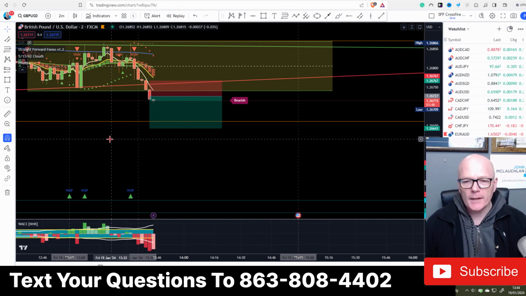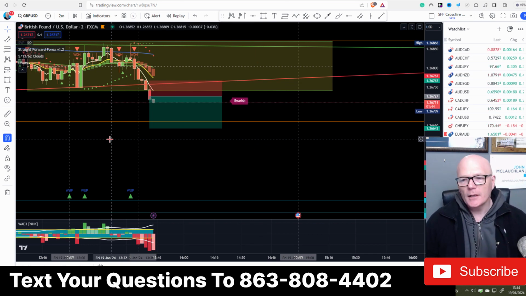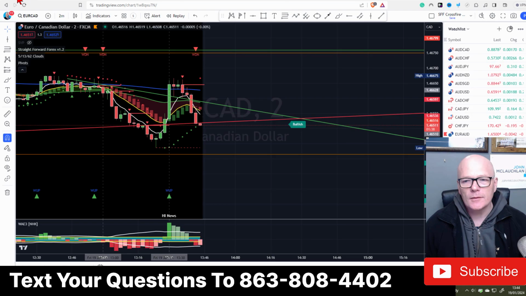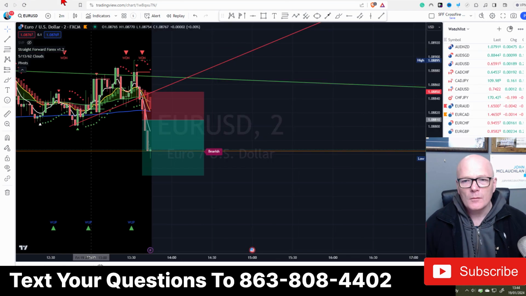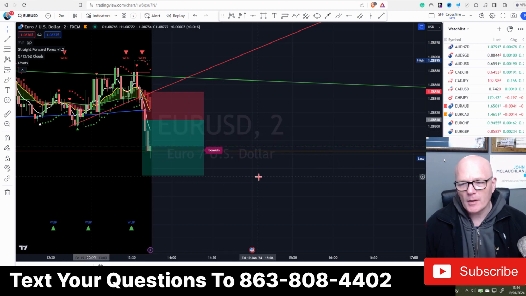And I appreciate the fact that you can alter your lot size to make it relevant for your account, but we still want to be taking really good trades, and this is not a great trade. Same as the other one we looked at. It wasn't a great trade, and like I said, it's probably going to come down to the pivot and bounce back off again, and that's what it's done. Exactly what it's done.